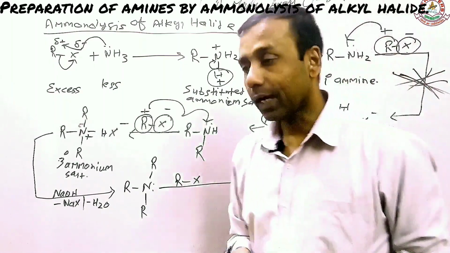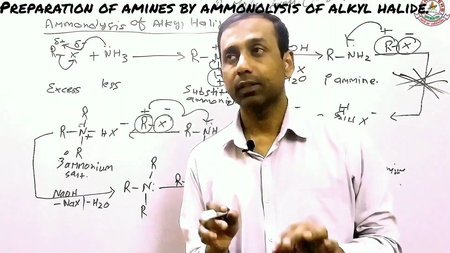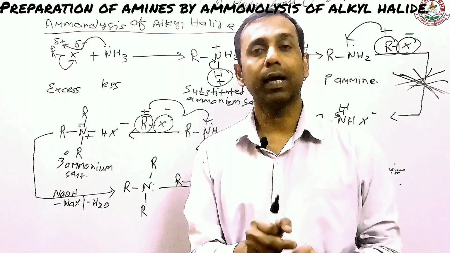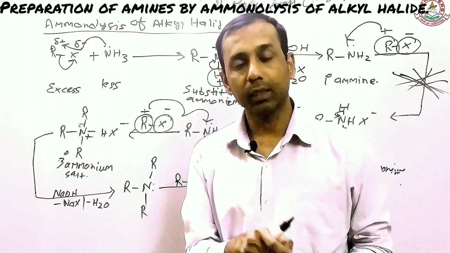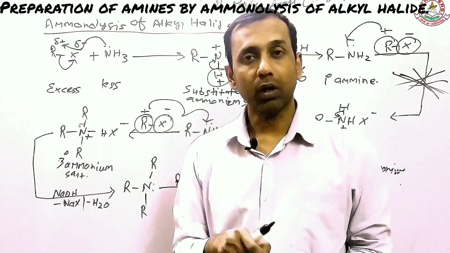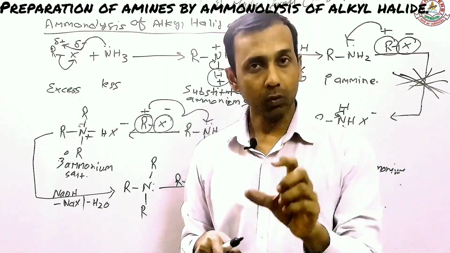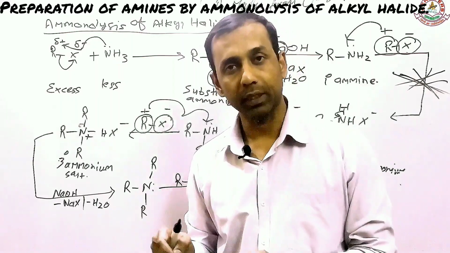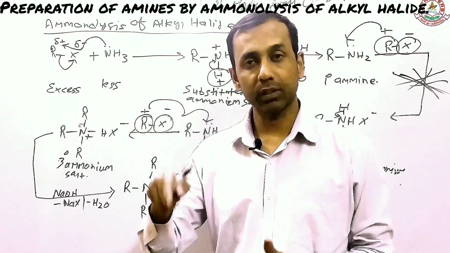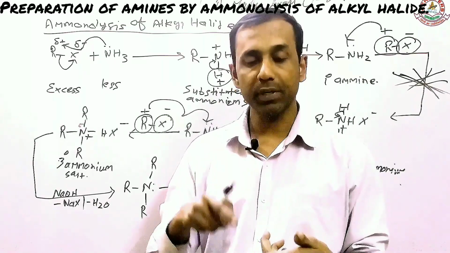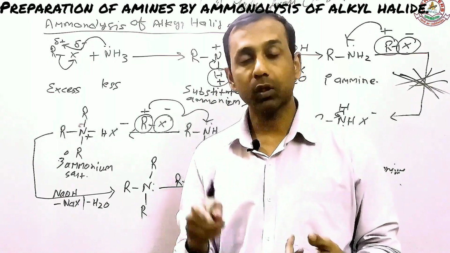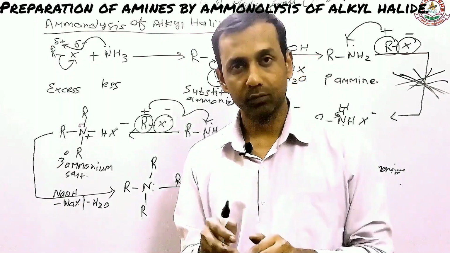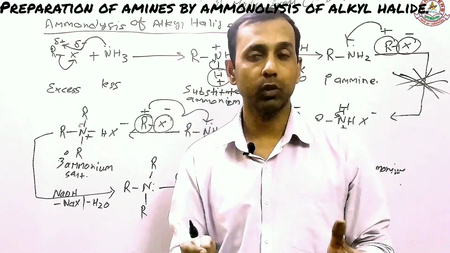So to brief it back to you, when alkyl halide is treated with ammonia, the first thing that happens is it forms a substituted ammonium salt. When the salt reacts with sodium hydroxide, it goes through the removal of sodium halide and water and converts into primary amine. But because primary amine can further react, it gives a mixture of primary, secondary and tertiary amine along with the quaternary substituted salt also. So this reaction has a disadvantage, right? That it gives a mixture of all types of amine.